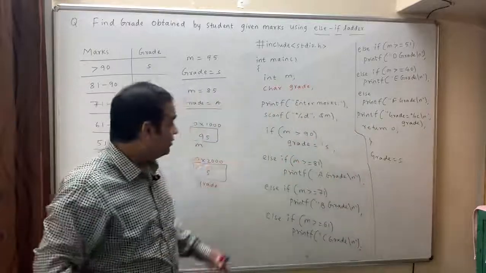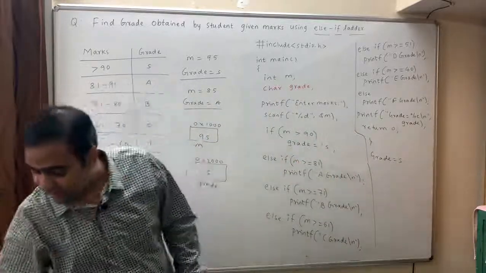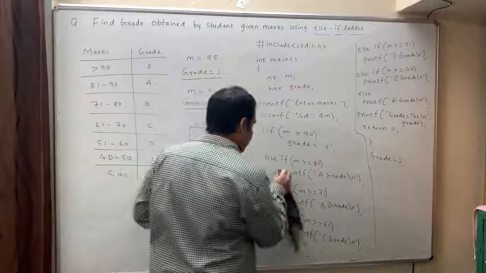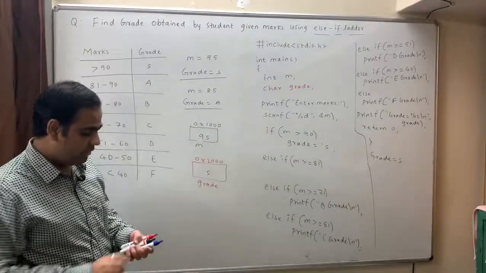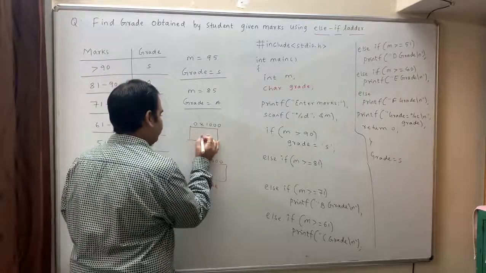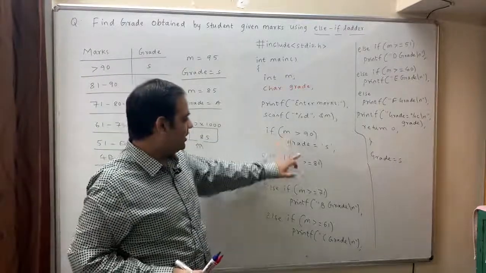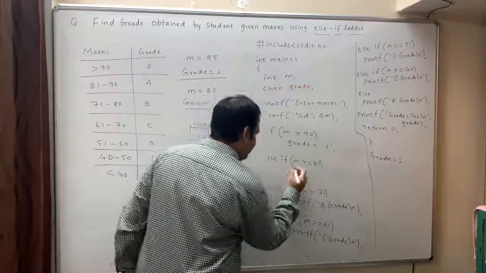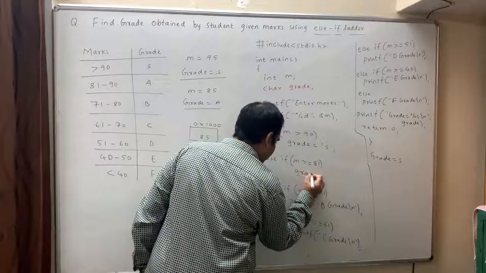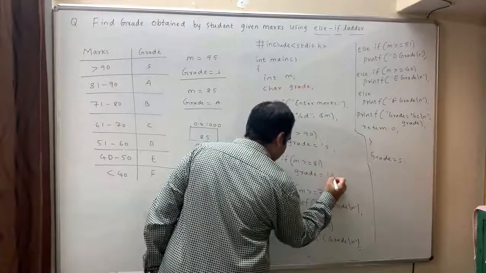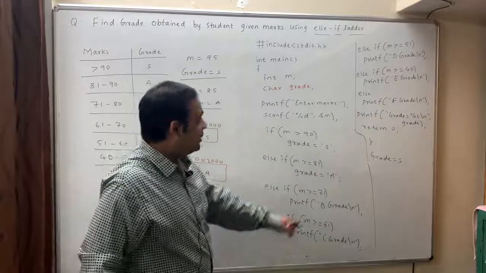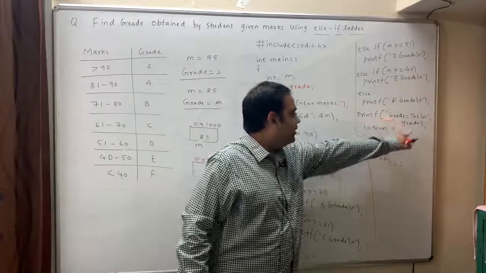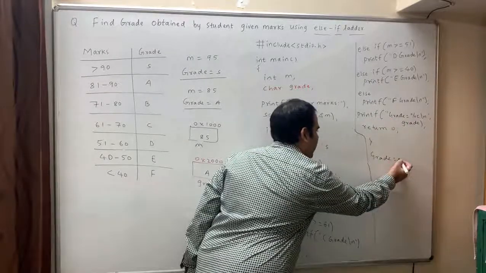Is that okay? That means there is no point in writing printf again and again. Similarly, suppose assume that the marks is 85. Now I check here 85 greater than 90 false, 85 greater than or equal to 81 yes. What do I write over here? I say grade is equal to A. That means what will be stored over here? A. All the other conditions should not be checked, and it says printf grade is equal to A.